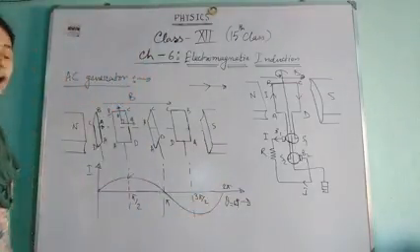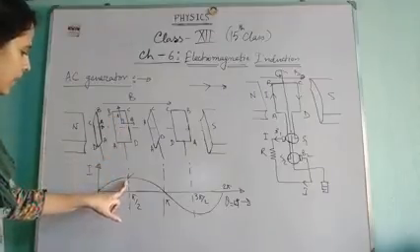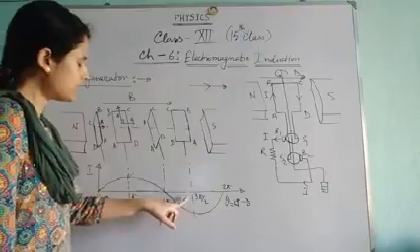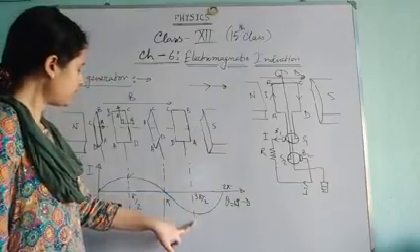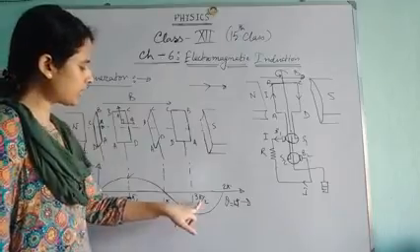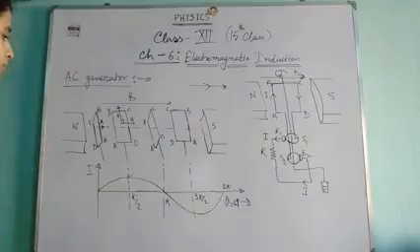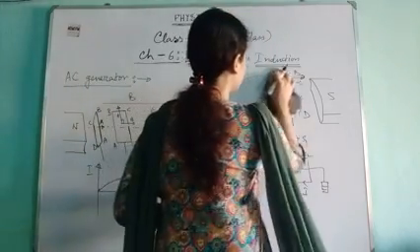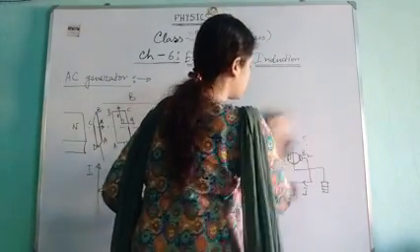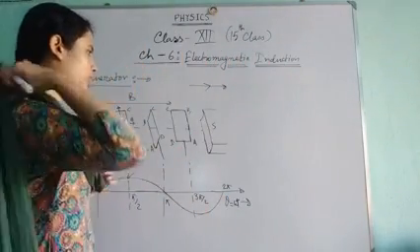Okay. So for this, we are getting the maximum current once at pi by 2, and another time we are getting the maximum current in the opposite direction, that is at 3 pi by 2, when theta equals 3 pi by 2. So let us take a very short mathematical calculation. What we know?